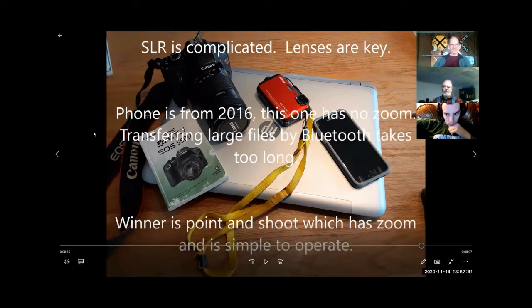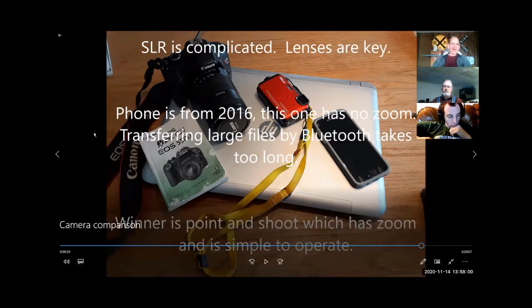And if you don't have an SD slot in your computer, for about 10 bucks, you can buy a converter where you plug it into this little box, and then you plug the box into a USB, and it just shows up as a new disk drive on your computer,